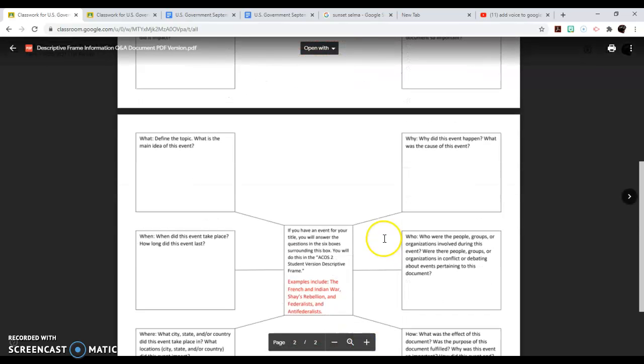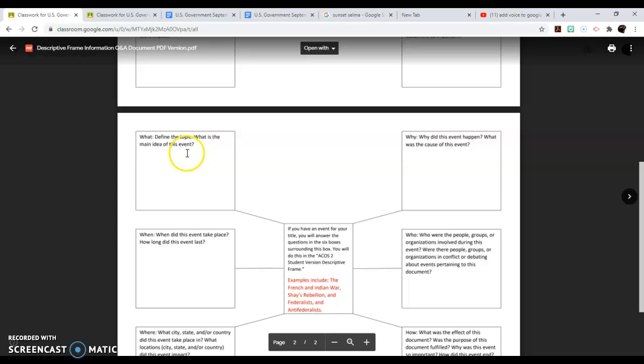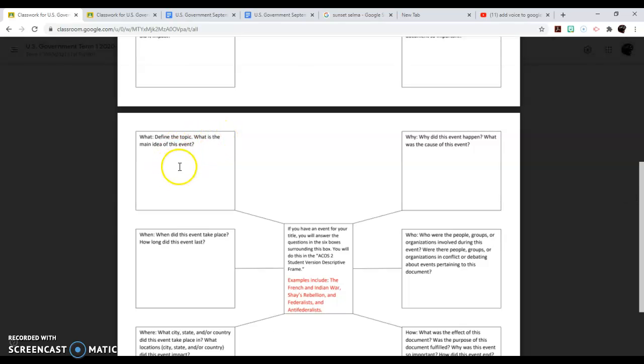However, if you have an event such as the French and Indian War, Shays Rebellion, and I know Federalists and Anti-Federalists are individuals, but we want to treat it as an event versus a document. You're going to answer the same questions. Define the topic: what's the main idea of this event? So if you have French and Indian War, what was the French and Indian War? What was going on?